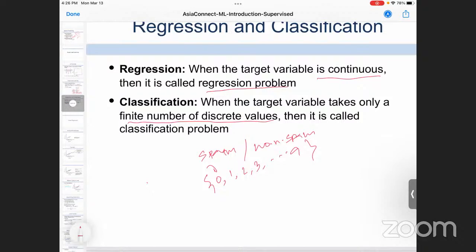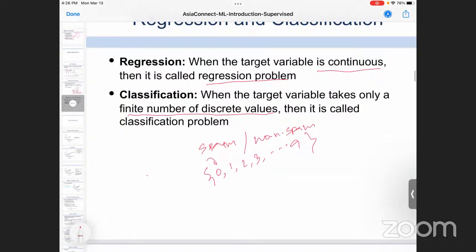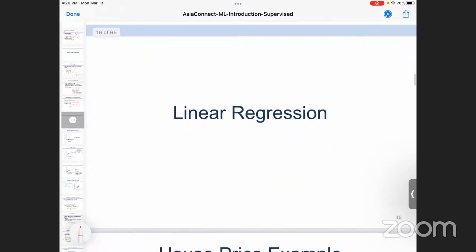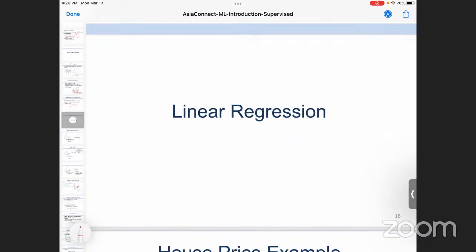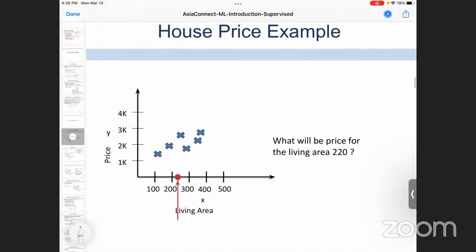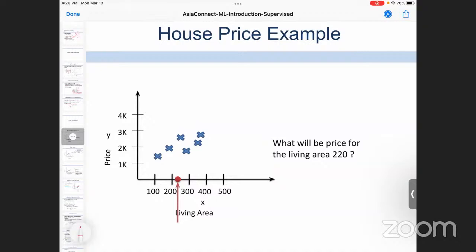So first, we'll go through the regression problem, how we can do the regression. I think many of you know, but I am assuming no one knows anything about machine learning or basic statistical regression. As this is the introductory lecture, I am covering these topics very slowly. This is again the house price example. Here, this is the living area on the x-axis, and house price is on the y-axis. So this is our labeled data.